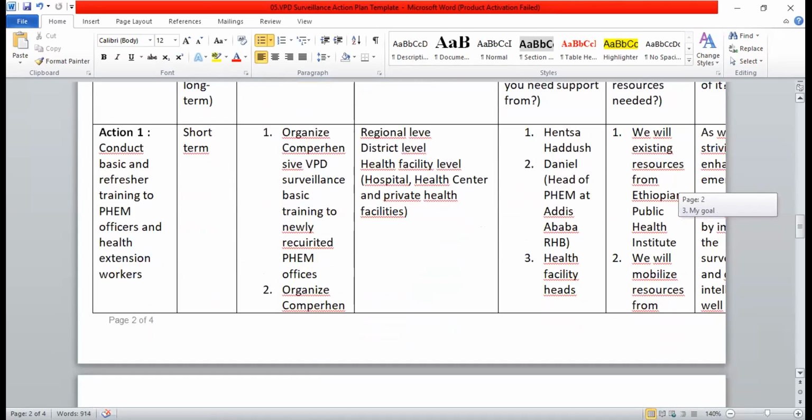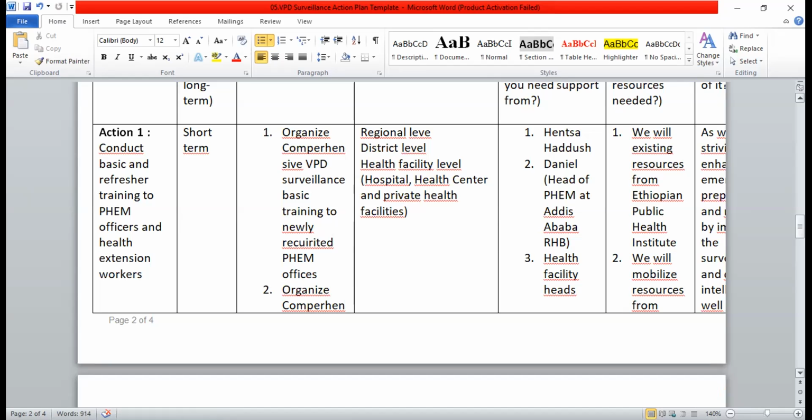The first action plan is to conduct basic and refresher training for FEM officers and health extension workers in Addis Ababa. It is a short-term, organized, comprehensive vaccine preventable disease training for newly recruited FEM officers.